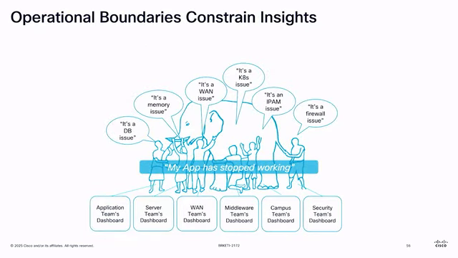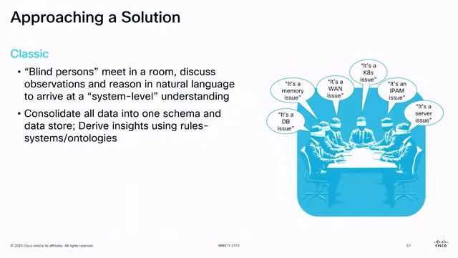So it's a little bit like what we had back in the past if you're doing cross-domain troubleshooting, and we still have that. It's the blind man touching the elephant problem. Somebody says, I have a problem, but then depending on your visibility of your individual domain, you look at this from a server perspective or a network perspective, and how do you bring all of that together? There are multiple ways you can do that.